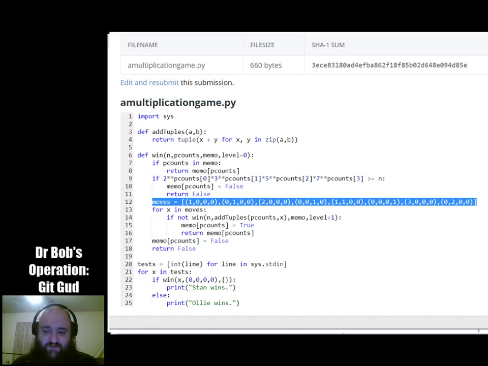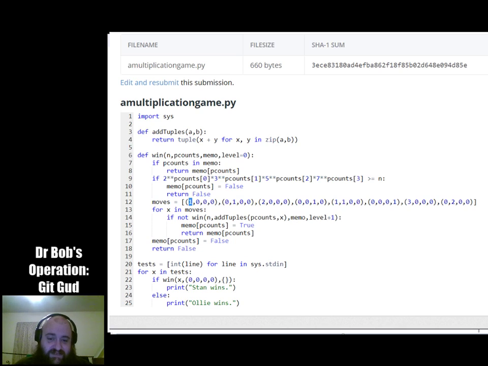Now, I have this, my list of moves, which is fun. This one represents 2, as it is a single 2. This one represents 3. This one represents 4, as it is 2 2s. This one represents 5. This one represents 6, as it's a 2 and a 3. This one represents 7. This one represents 8, and this one represents 9.